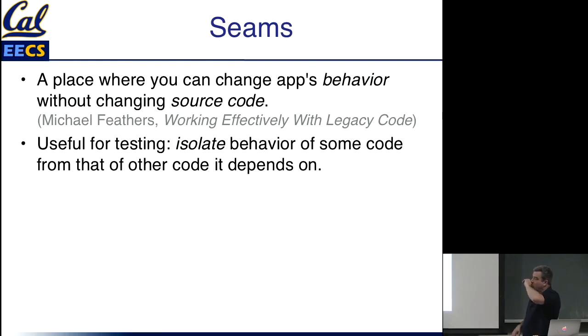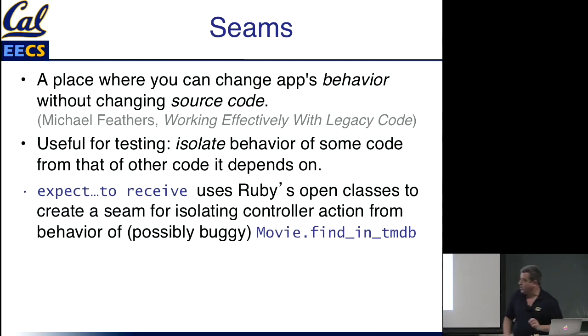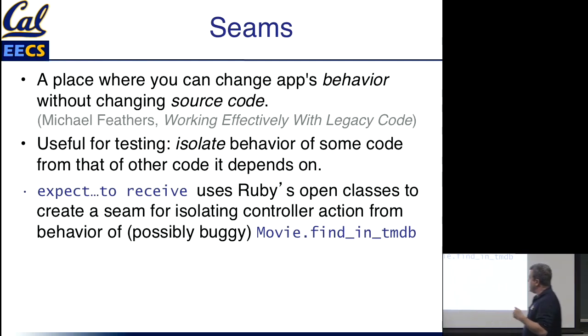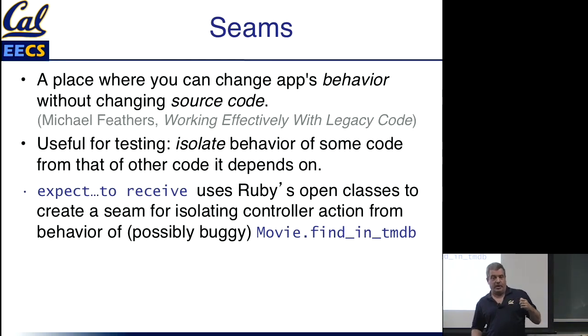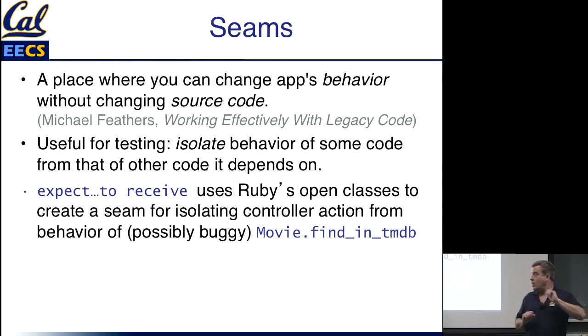The reason that seams are important for testing is exactly that they allow you to isolate the behavior of code that is not part of the test, but is depended on by the thing that you are trying to test. So we're going to show a seam that is based on the same use of expect, but basically it's a seam that says, I'm going to call some piece of code in my app. What I expect to happen is that piece of code is going to call some other function to do some work. Now, that other function that does that other work,